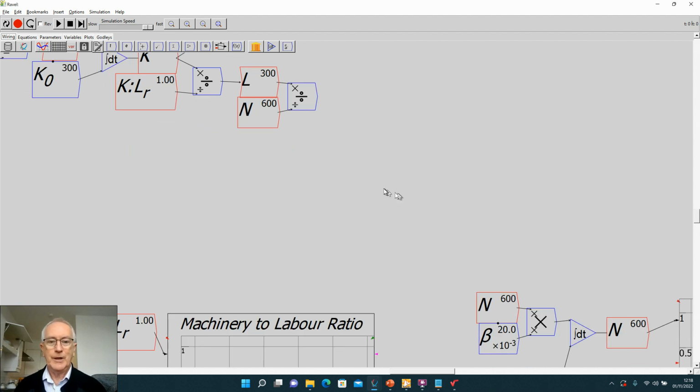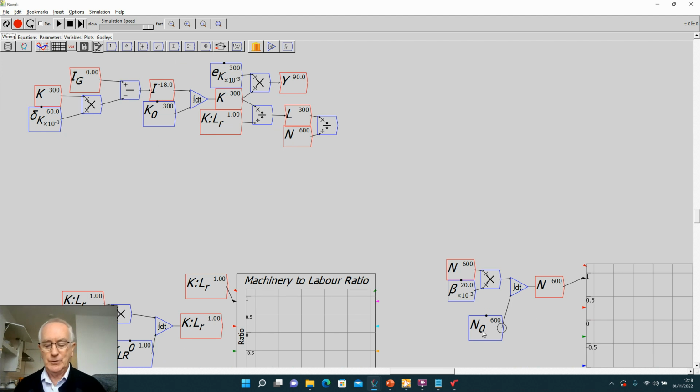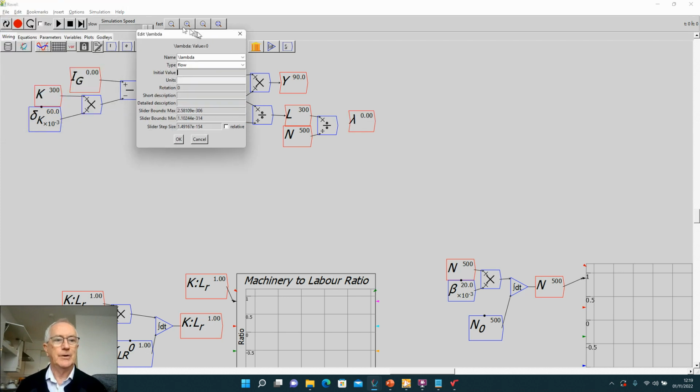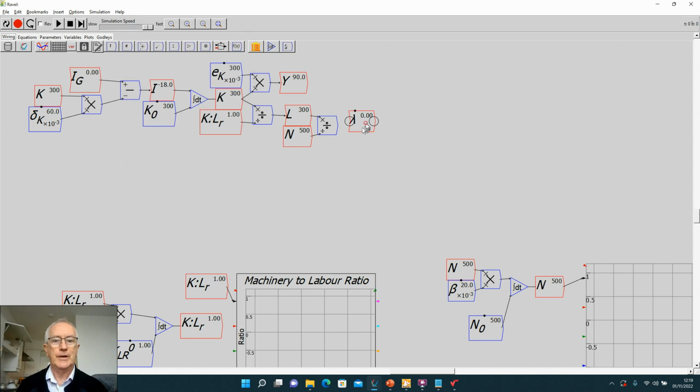So to make that work better, what I can do is just reduce that initial population value, and that will then change what I get there as a ratio. So I now hit recalculate, and I'm going to get a ratio of 3/5, which is 60%. So I'm now going to call this lambda, backslash LAMBDA, and that is the way we write the Greek letter lambda in English. And so if I click on OK here and then attach the two, I get an employment rate of 60%, which is going to be my level for